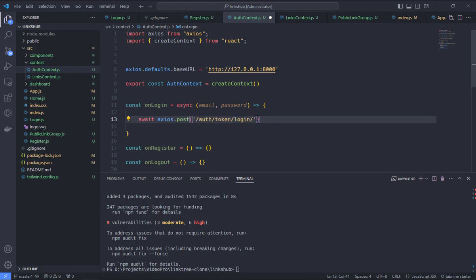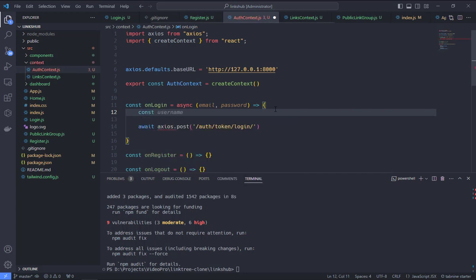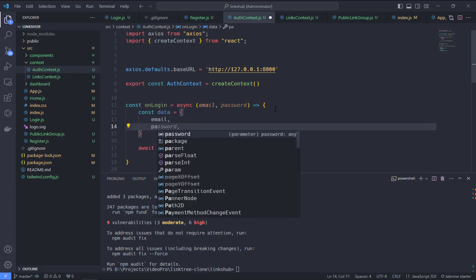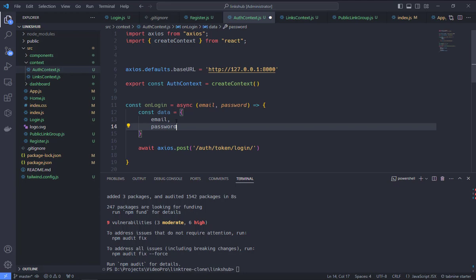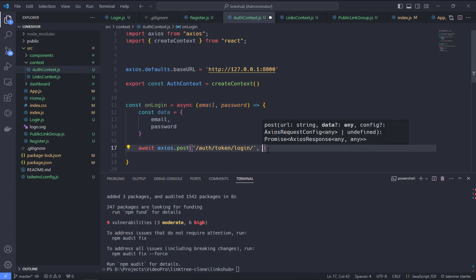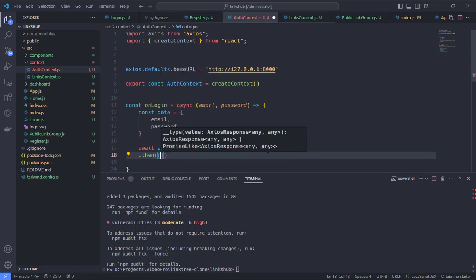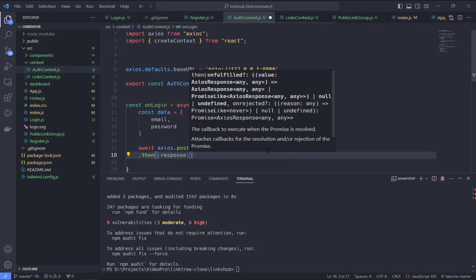So let me go here and let's add data: email, password. Since both have the same name, we don't need to add double quotes. Let's pass the data, and then add response. So if the response is okay,